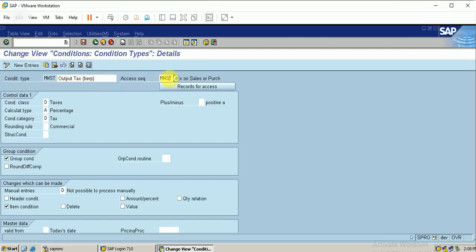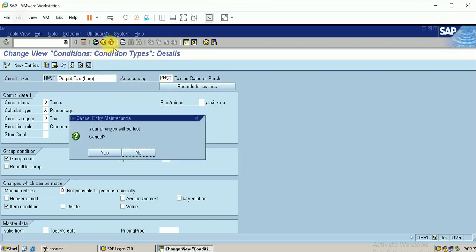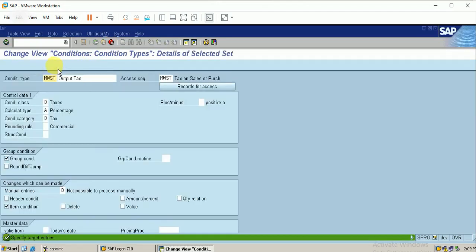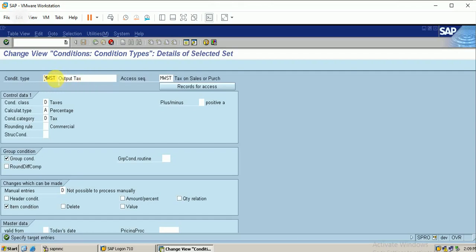Okay, let me change. I'm not copying this, so let me close it. I will just copy and change it accordingly. I just click on copy. I just want to change the name also. The condition type was MWSB. This is the output tax.